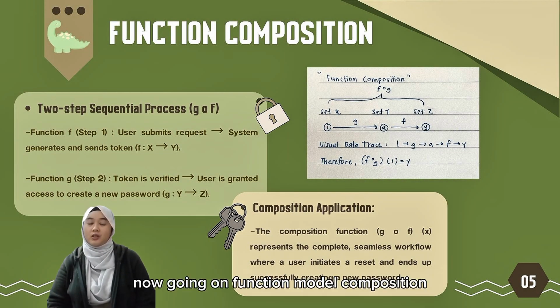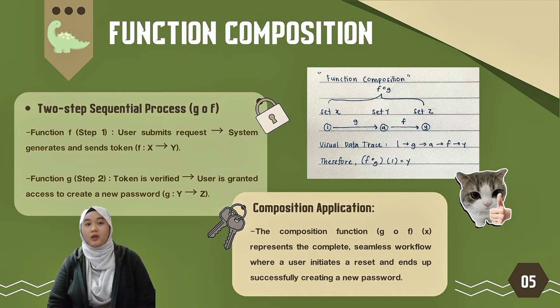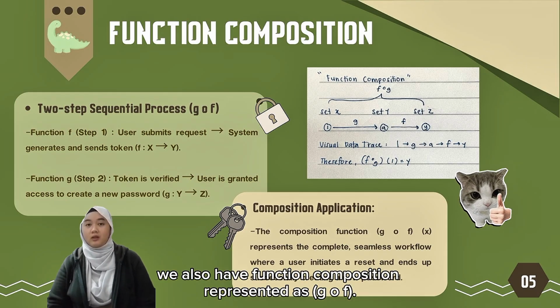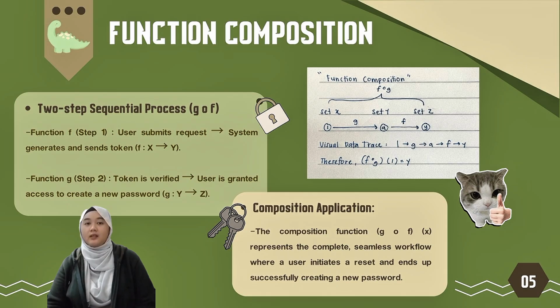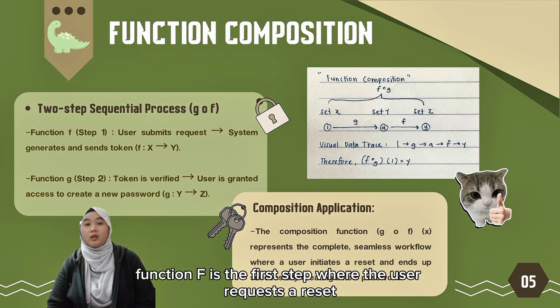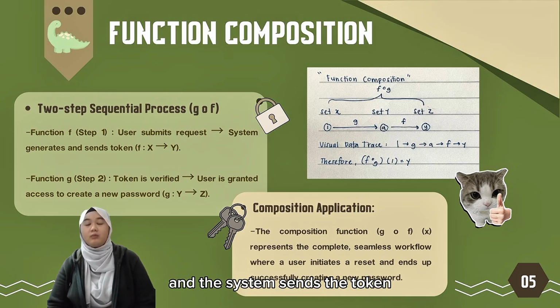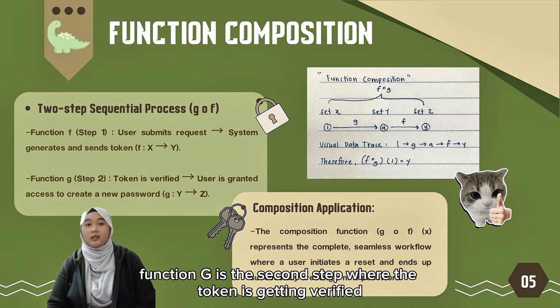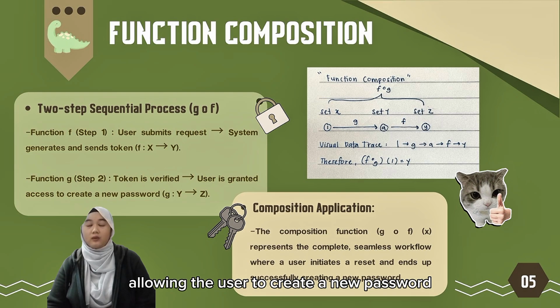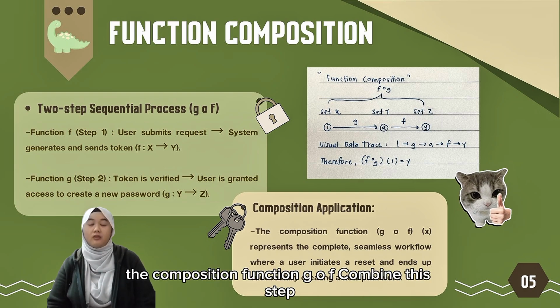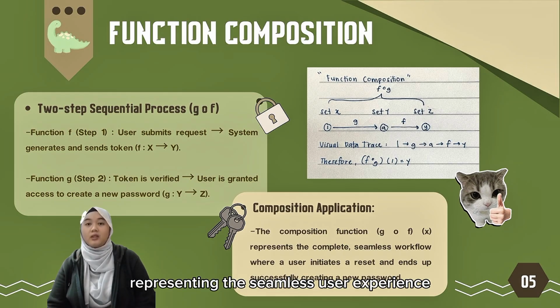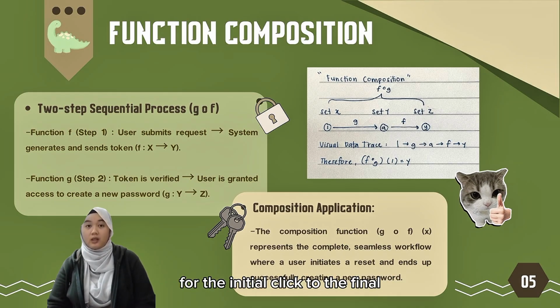Now going on to function model composition. We also have function composition, represented as g ∘ f, as this model has a two-step sequence process. Function f is the first step, where the user requests a reset and the system sends the token. Function g is the second step, where the token is verified, allowing the user to create a new password. The composition function g ∘ f combines these steps, representing the seamless user experience from the initial click to the